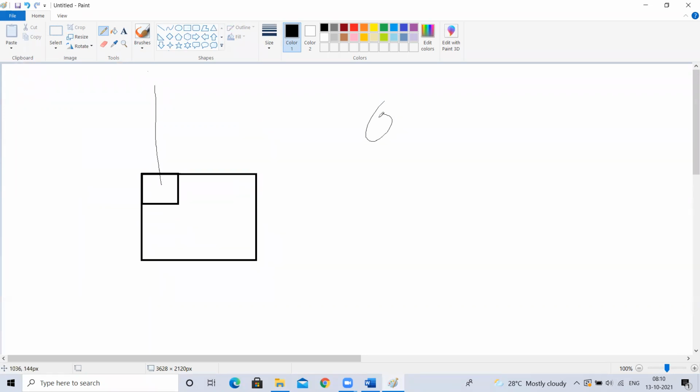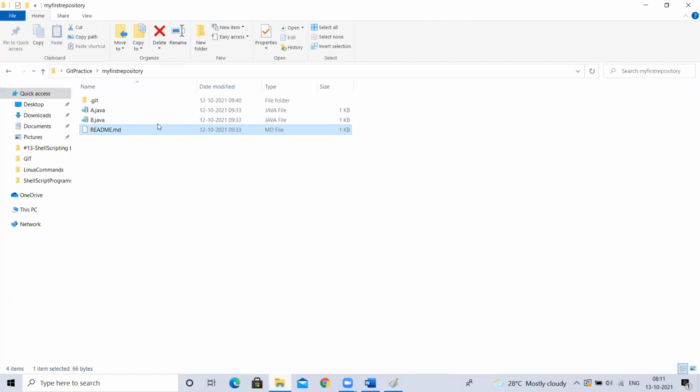Means if someone has connected and committed a few files and pushed them to this GitHub repository, and I pull the changes, first the versioning has to be updated, right? That will be updated in the .git repository. Then the changes will be updated in the physical workspace as well. So when we pull, it updates the .git repository, the local repository, and also the workspace, on the physical files.